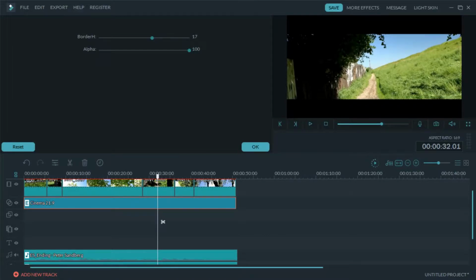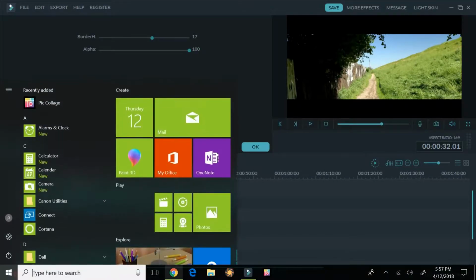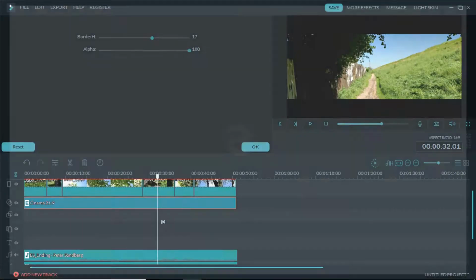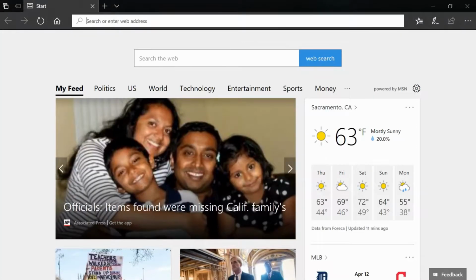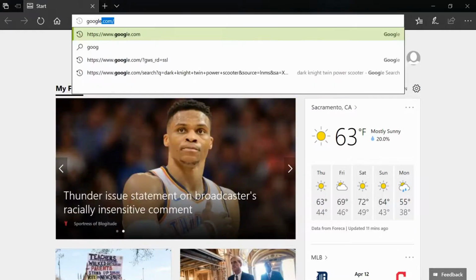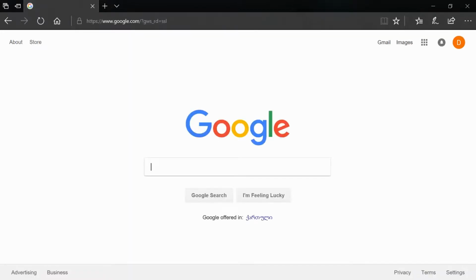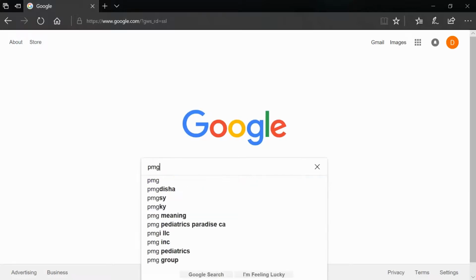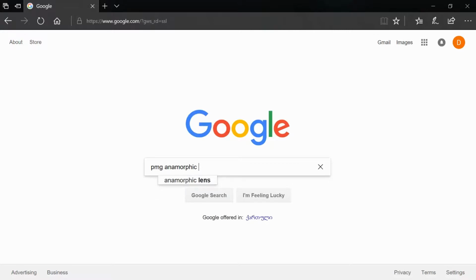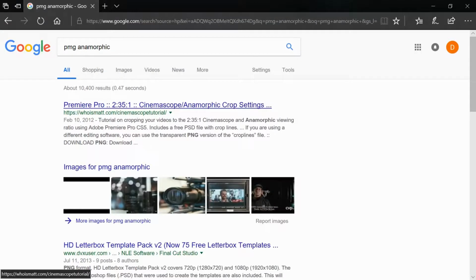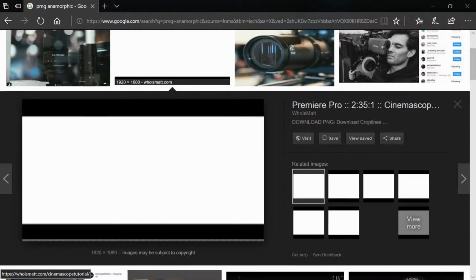If your video editing software does not have that, what you can do is go to whatever web browser you use. I use Microsoft Edge or Chrome, and then you can go to google.com, and then you would type in PNG Anamorphic. And then you would go to the images,